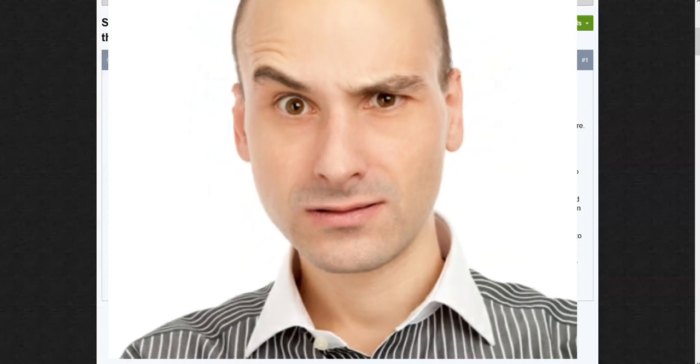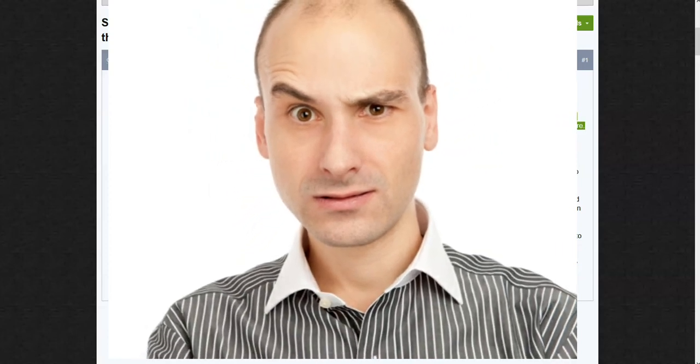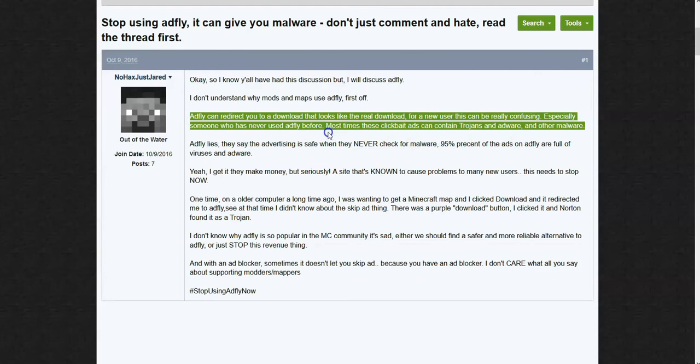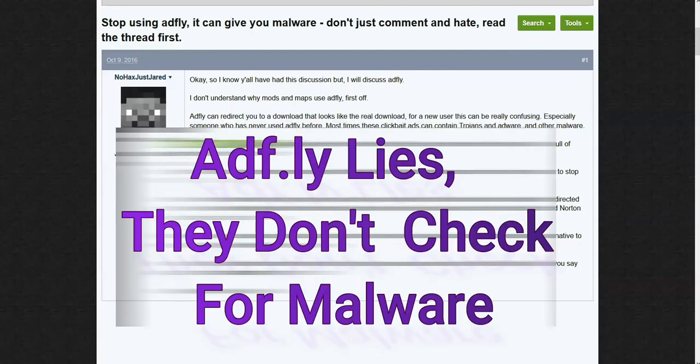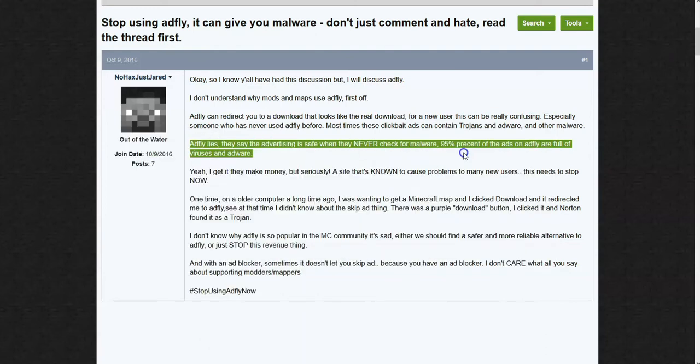For the new user, this can be really confusing, especially someone who has never used Adfly before. Most times, these ClickBank ads can contain Trojans and adware and other malware. Adfly lies. They say the advertising is safe, but they never check for malware. 95% of the ads on Adfly are full of viruses and adware.